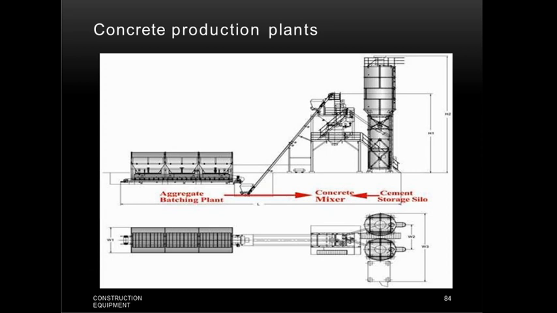The important factors which govern the production from the mixer are correct setting of the machine, proper cleaning of the blade and inner surface of the drum, sequence of material charged into the drum, timely supply of water and its direction of inner flow, then time of mixing and speed of the mixing drum. So these are the different important factors which govern the production of concrete from the mixer.